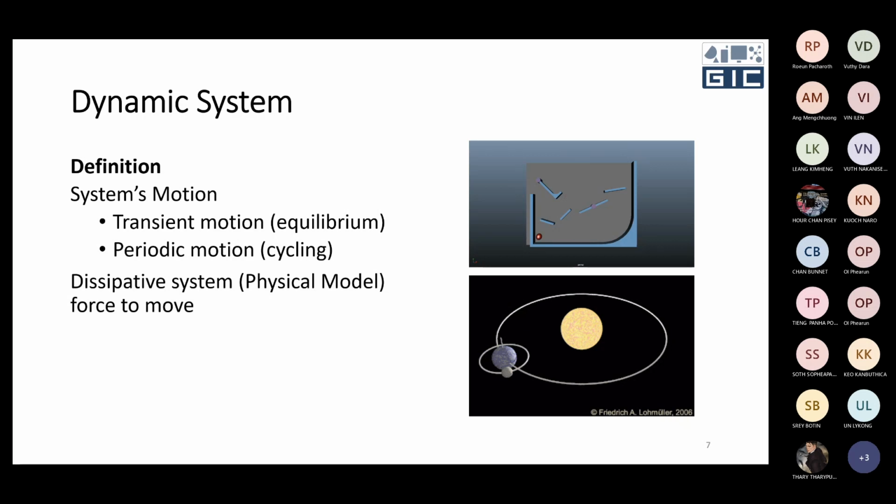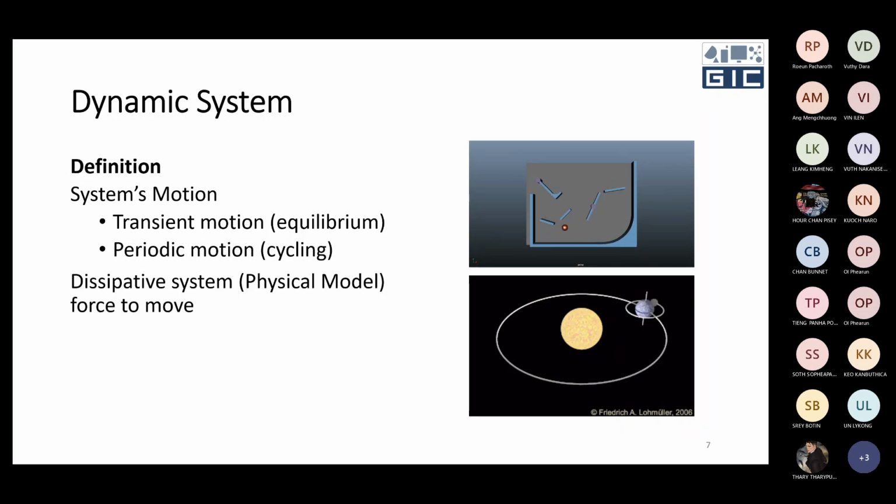For the transient motion, as you see in this figure, the first figure, when you try to make a movement of the system, you see the state of the system has been categorized by the ball. So when it reaches one specific equilibrium, it means that the system state has no movement. It's called the equilibrium. So in those kinds of movement or motion, in the figure you call it transient.